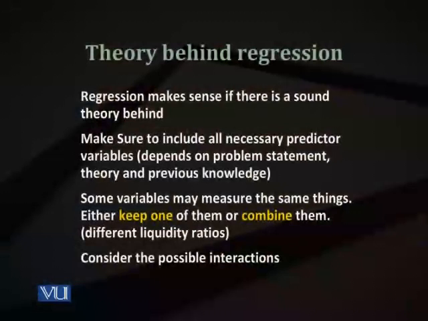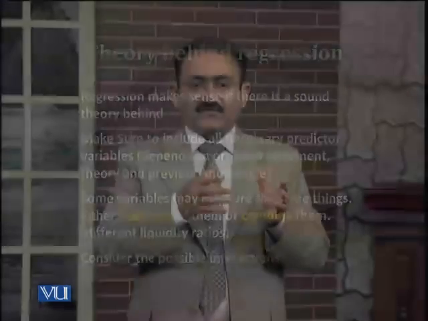But be careful that when you choose variables, don't miss important variables. Don't include the variables that are not much important. You can even change your specification of regression after you view some results. So you can exclude or include variables later. Another thing to be careful about is that before you perform regression, you must think of the interaction terms. If you have a theory that suggests the impact of one independent variable on the dependent variable increases or decreases because of change in some other independent variable, you must think of including interaction terms in your regression.